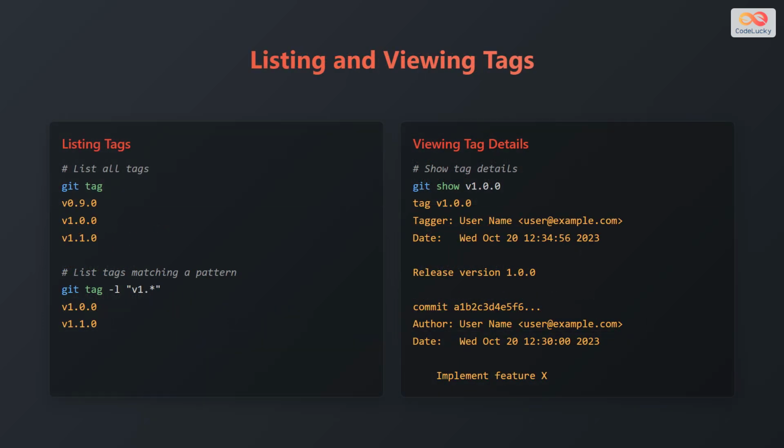To list all the tags in your repository, you can use the command git tag. This will display a list of all available tags such as v0.9.0, v1.0.0, and v1.1.0. You can also filter the tags by using a pattern. For example, to list all tags starting with v1, you can use the command git tag -l "v1.*". This will display the tags that match the specified pattern, such as